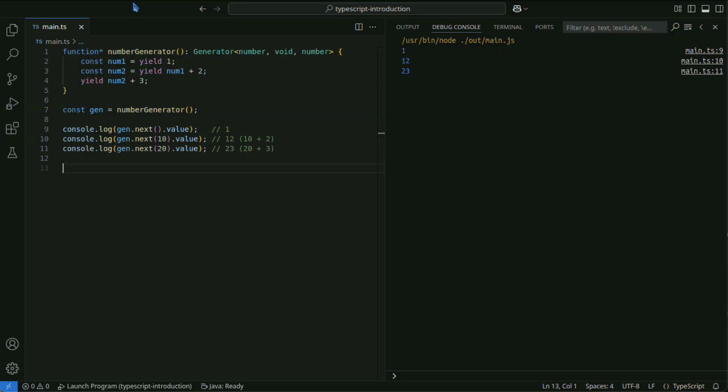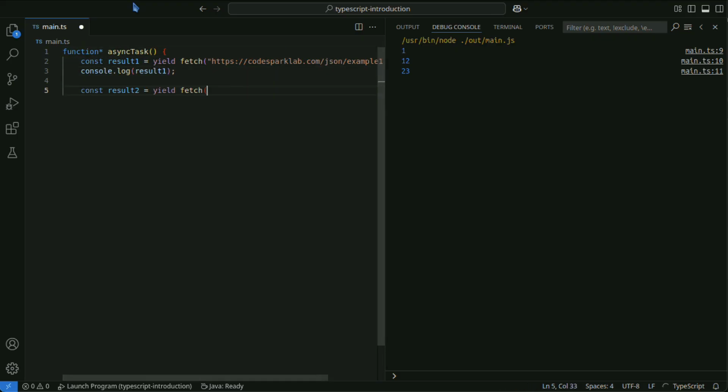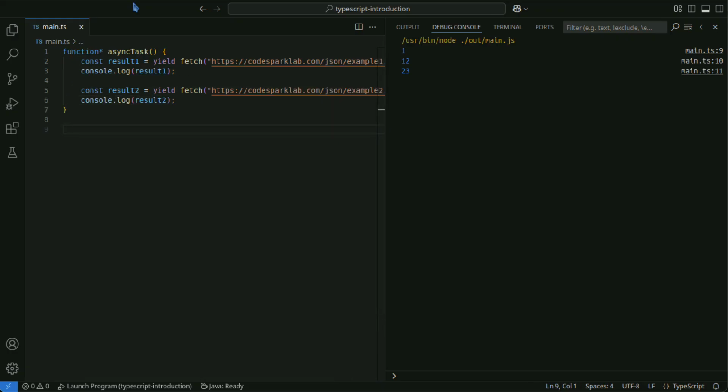Generators can also be utilized for asynchronous processing. For example, you can use yield to wait for the results of asynchronous operations while proceeding with sequential processing. However, in TypeScript or JavaScript, async, await, is more commonly used. Thus, while you can process asynchronous operations sequentially with generators, they are not commonly used for asynchronous processing because promises and async, await, are more convenient.